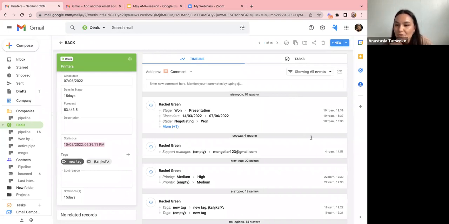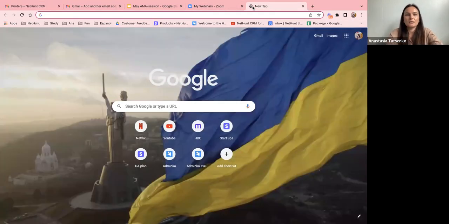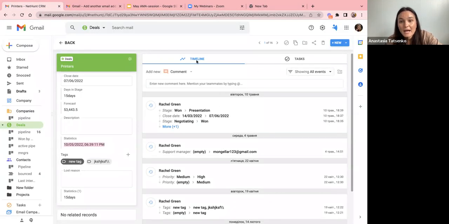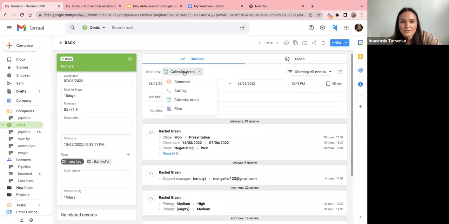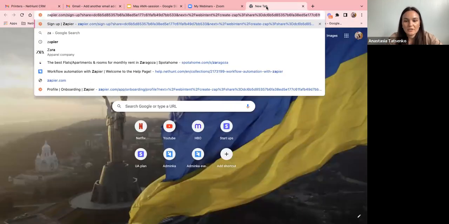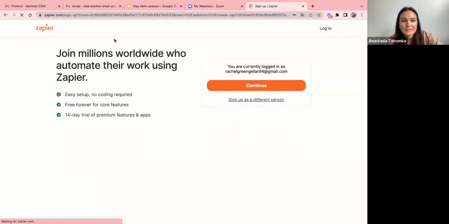Can you zap Dropbox into NetHunt? Oh, with Zapier? I think so, but oh, well. Oh, that's a good question. So with the files, if I'm on the record, I can create not a calendar event, but a file. We are integrated with Google Drive. So the thing is what kind of automation you would like to have. You know what we could do? Again, this is the thoughts right now. Zapier has